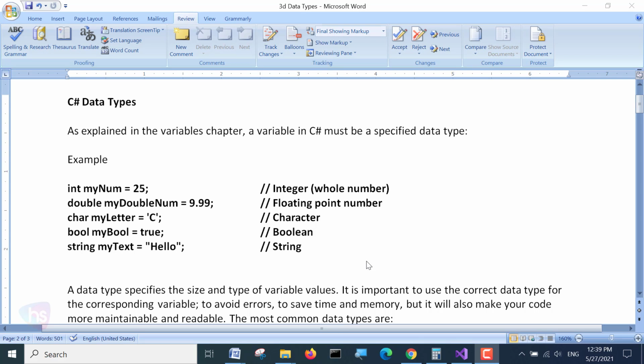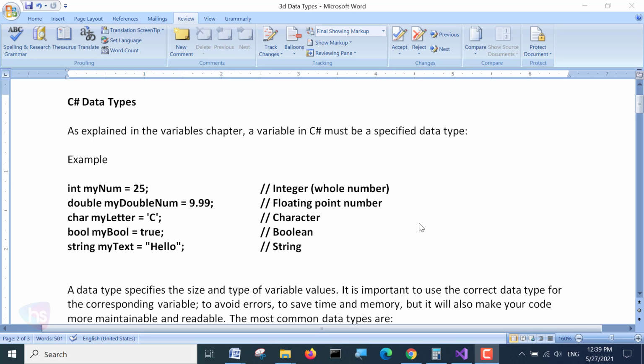Hi, in this lecture, I'm going to discuss C-sharp data types. What are data types, and why is it required to declare a data type? In the earlier session we saw identifiers and variables. There we clearly explained data types, what type of data we are going to assign or allocate to a variable, which is declared with a data type. Now we'll see clearly what the data types are and what their ranges are, and explain them in more detail.